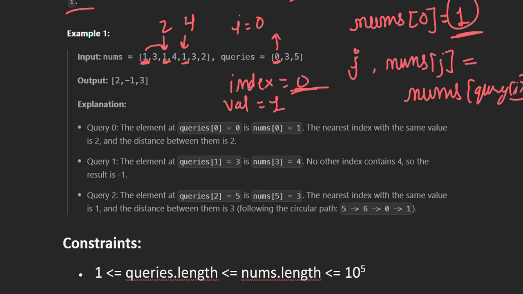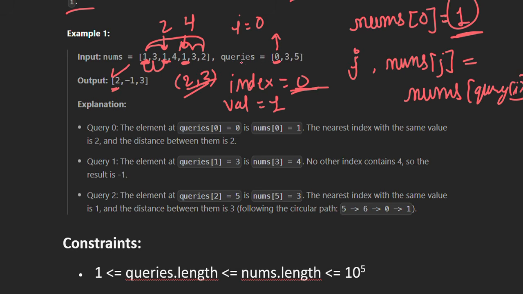So which one has minimum distance from 0? So 1, 2, 2. And if we go to this index from the front, the distance will be 4, but if we go from the back, the distance is 1, 2, 3. So one is 2 distance, one is 3 distance. So which one is minimum? So 2 is minimum, so we stored the answer as 2.